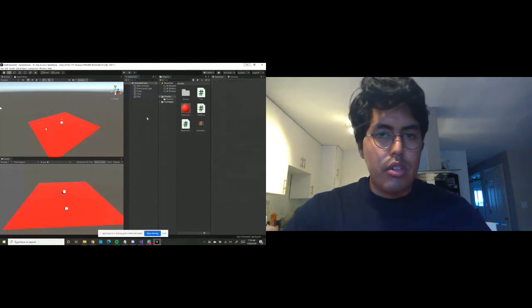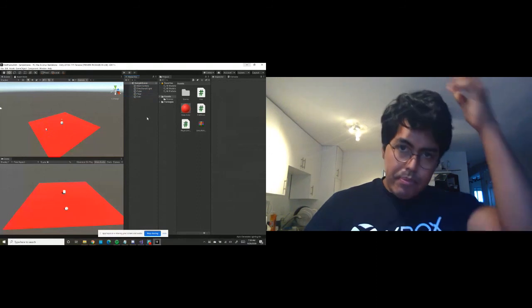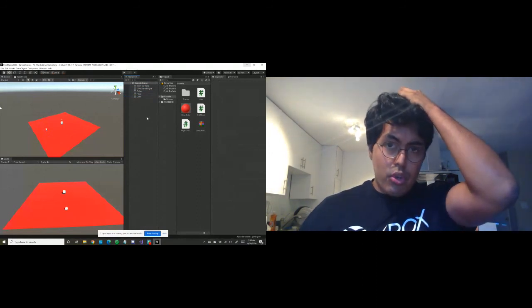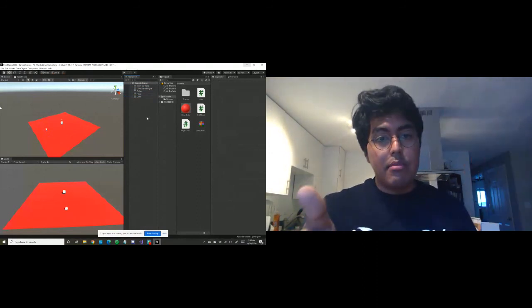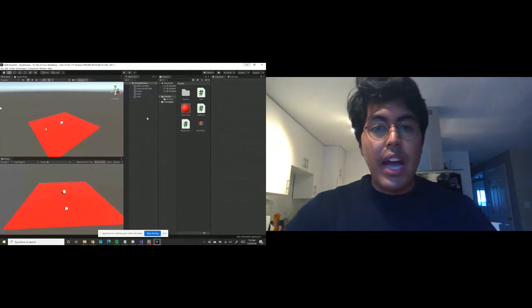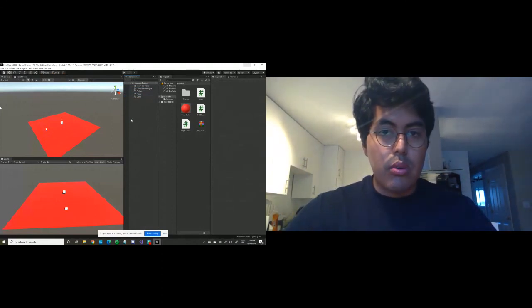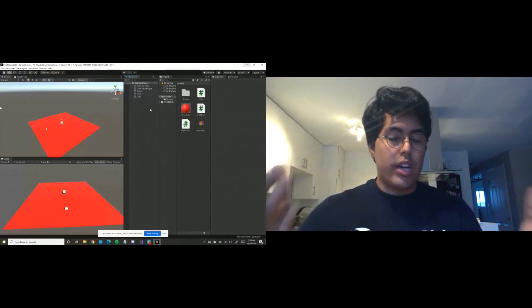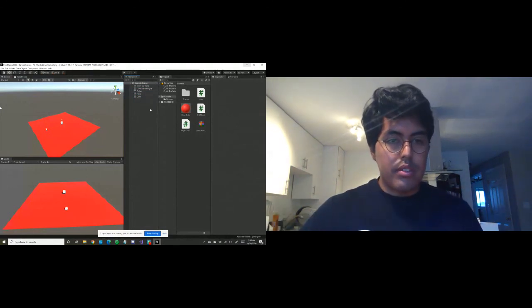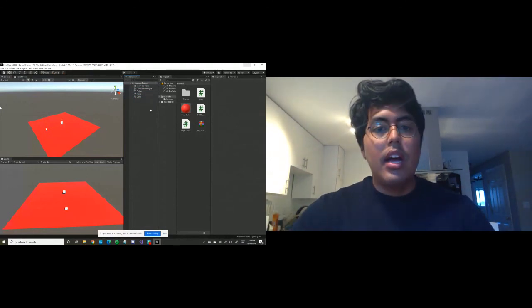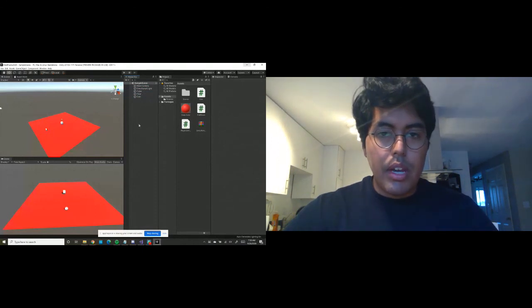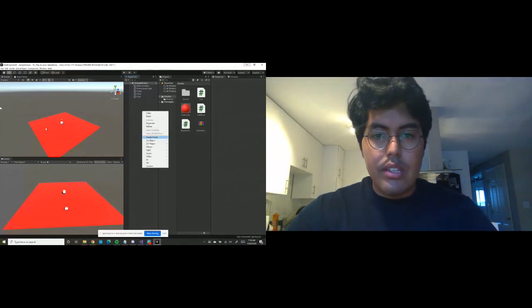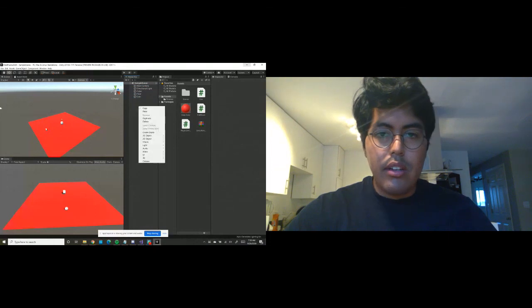And then obviously you can add more things to the hierarchy. I think this is a good time to show how I put the cube in my game, right? The way you add things into your game, you can actually do it on your hierarchy, because what's on your hierarchy represents all the physical things that are in your game. If you want to create the cube guy, all you would have to do is right-click on hierarchy,